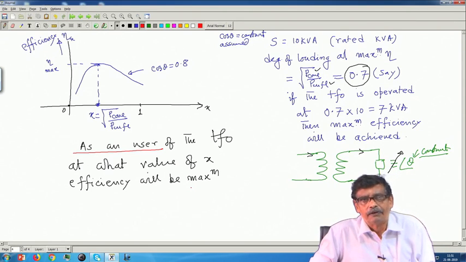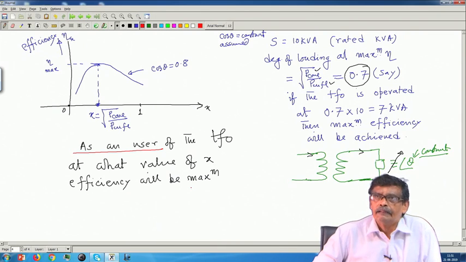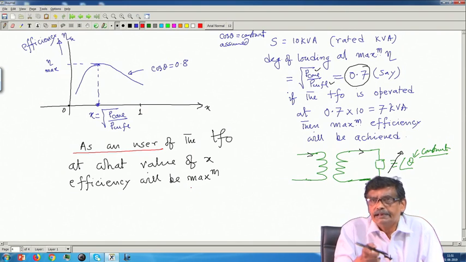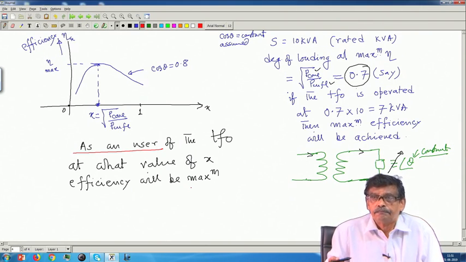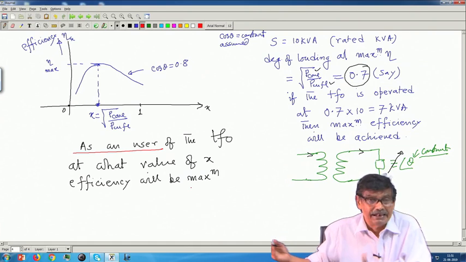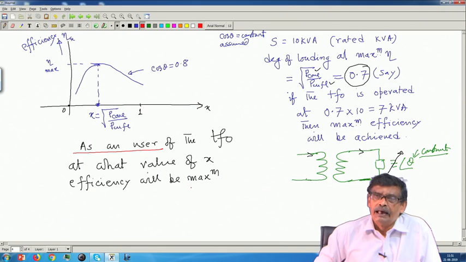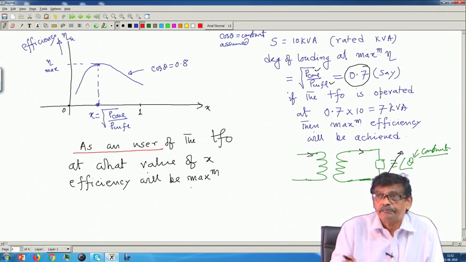When you purchase a transformer, you know for what use you will be using that transformer, and whoever is the manufacturer of the transformer, I will ask while purchasing, look here, you design a transformer whose maximum efficiency should occur at so much value of x. Certainly, it will not be greater than x equal to 1.2 or 1.5 continuous running, and this is the point I will discuss in the next class. I hope you have understood this. Thank you.